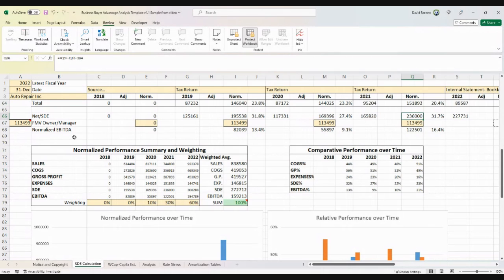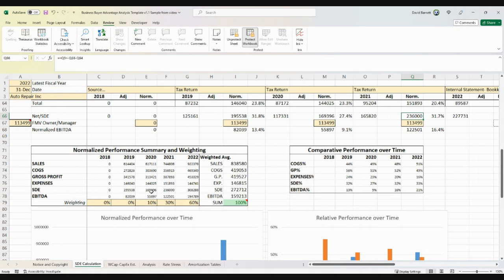manager of the business? And in a lot of cases for you guys, it's going to be the new owner who is going to be that manager, but we want to break out what money comes to you for doing the job day to day of running the business versus what money comes to you for being an investor in buying this business opportunity. When we're looking at multiple years, we often want to do some kind of weighted average calculation,